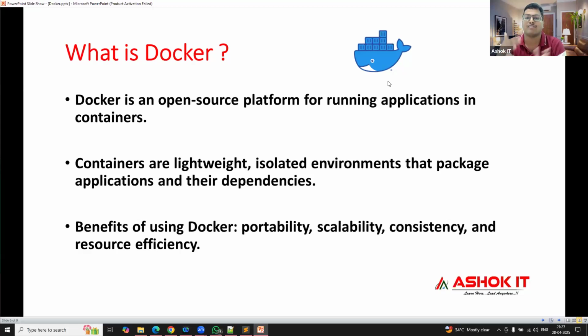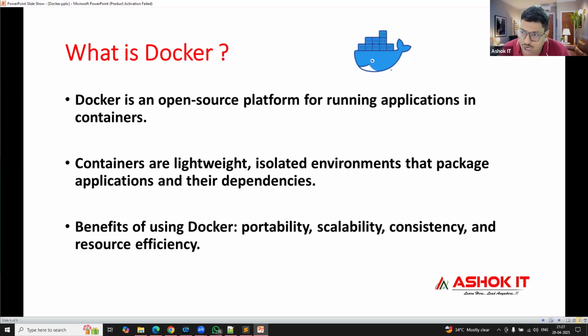Easily we can transfer our containers from one place to another. Easily we can execute the containers on any machine. So symbolically, they are giving a ship to transfer easily. The containers can be transferred easily. Docker is used for containerization, nothing but creating the application package with the dependencies, code plus software, together, and executing it in the container.